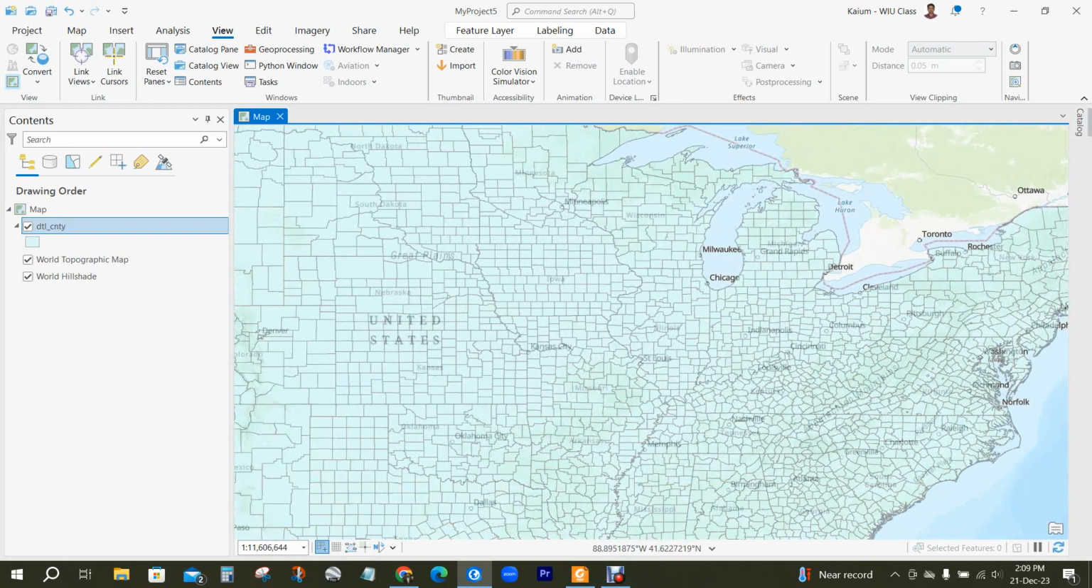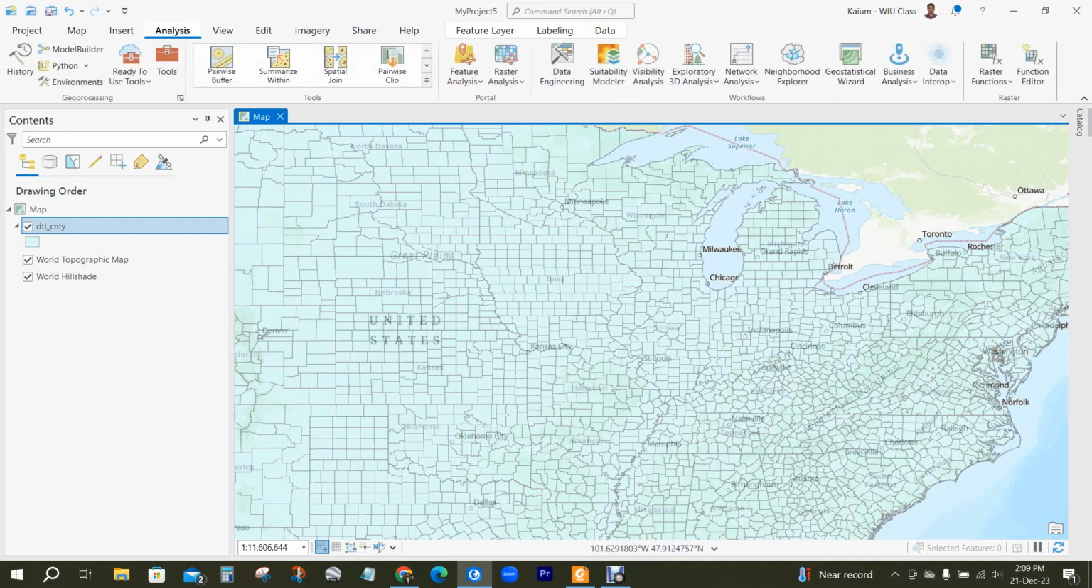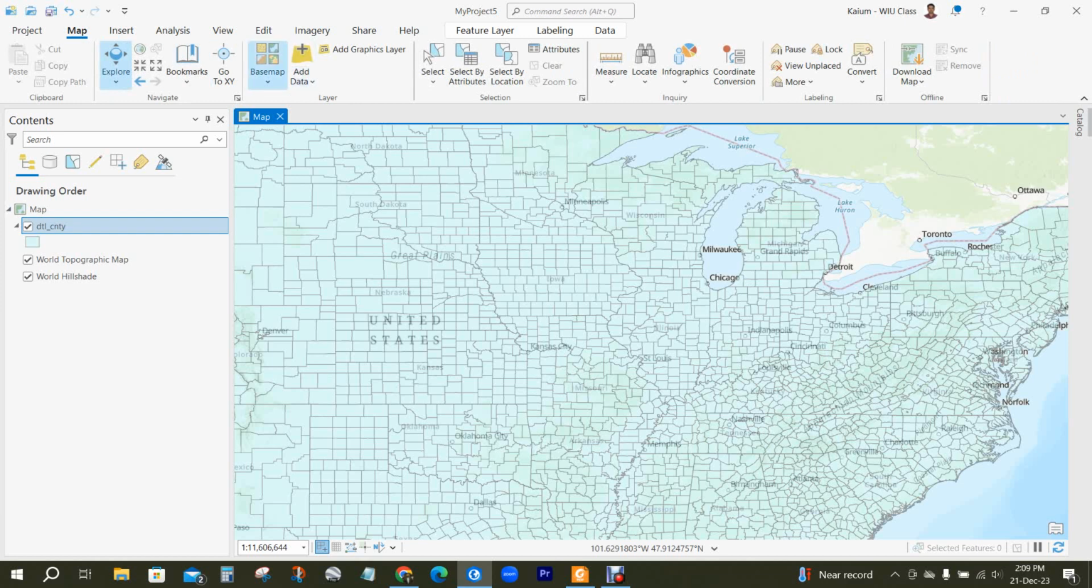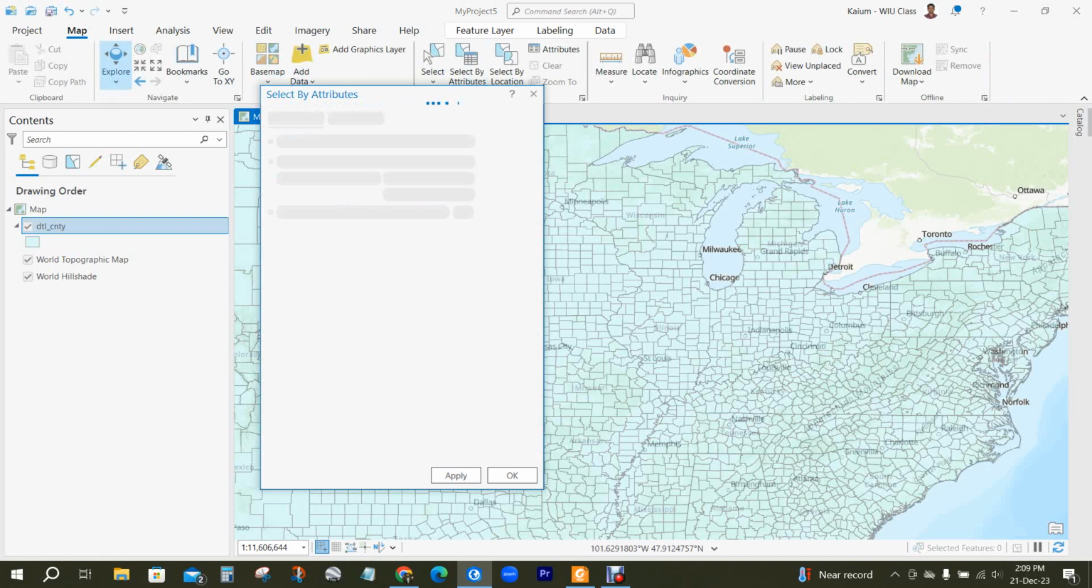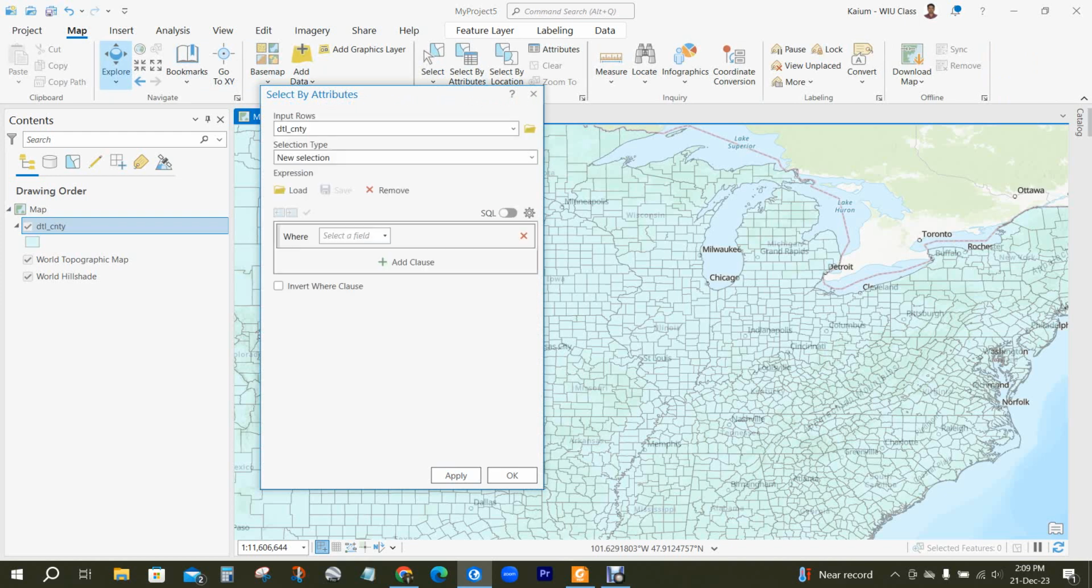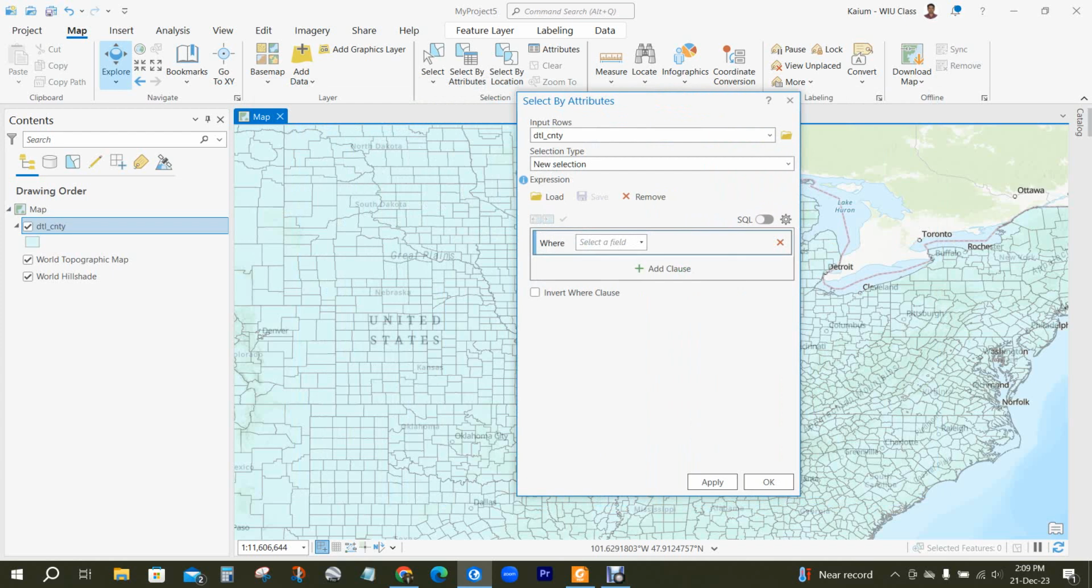So suppose I have to find out the Fulton County of Illinois state. So how to do this? First of all, go to your map, then select by attributes, then in here there will be no change, so in here you select county name, then is equal to, then